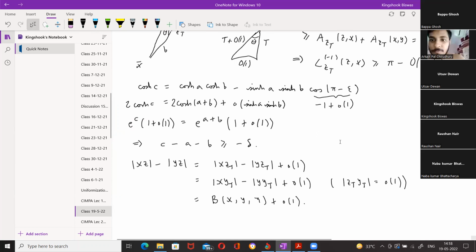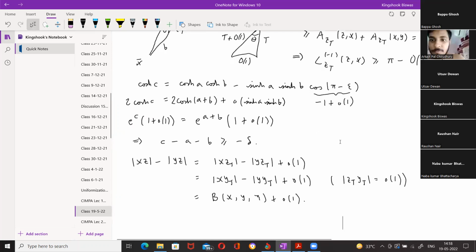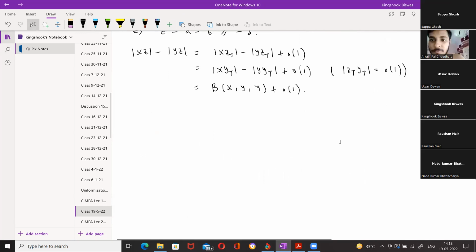So we have this, and now I want to say something about the relation between different visual metrics. How are they related? So if I have x and y, so if I look at the visual metric,